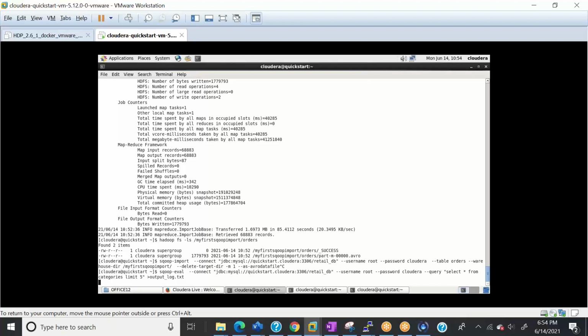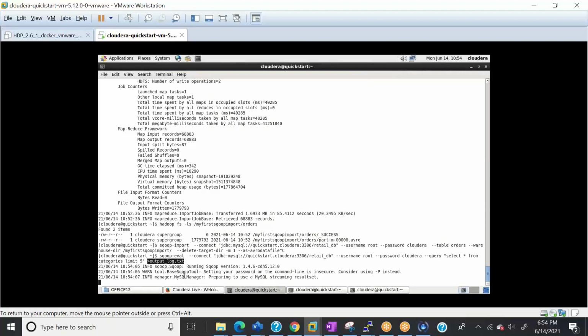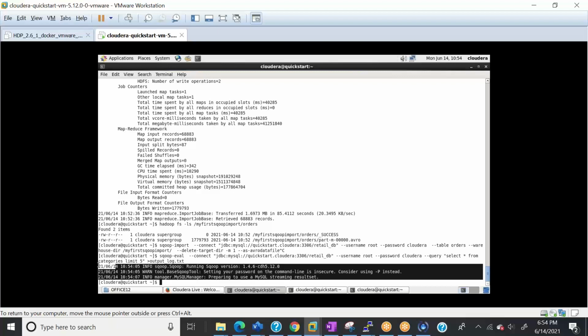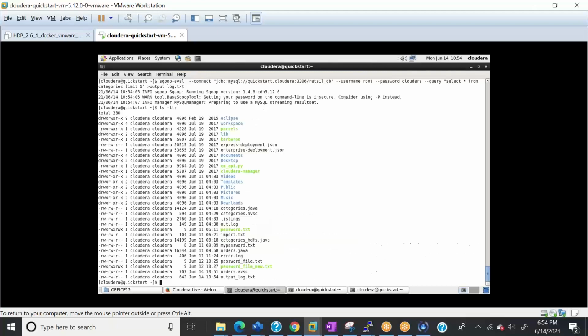If I just simply run this command, what this flag is doing, this is not a Hadoop related command, this is a Unix command. It will put the output into this file. See here, the eval command output did not come to the terminal. Why? Because the output went to this file. So let me run ls -ltr. There should be a file output_log.txt here. We can see a file here.